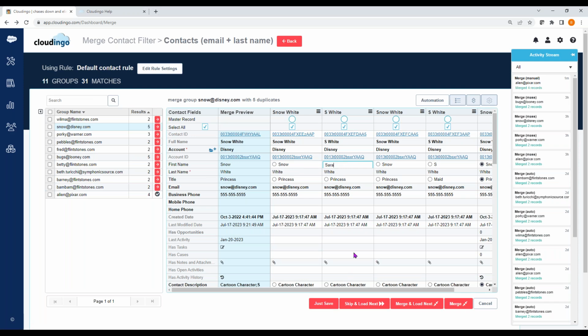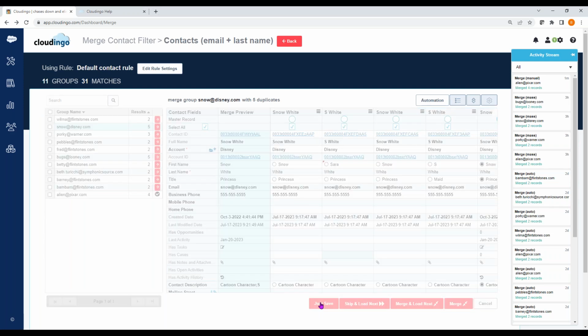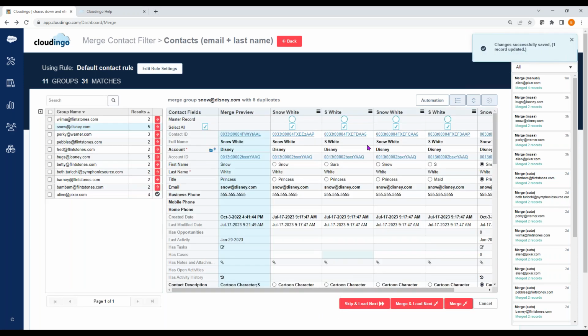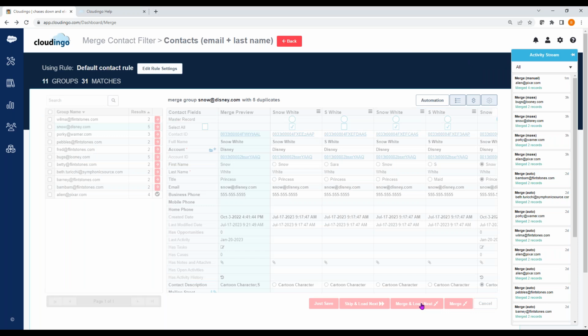So I just wanted to save this record. So I can say just save. If I didn't want to include this record, I could deselect it, and then I could still go ahead and merge the rest of the records. Now, while you get confirmation here, you're also going to get real-time updates if something were to fail, and you'd